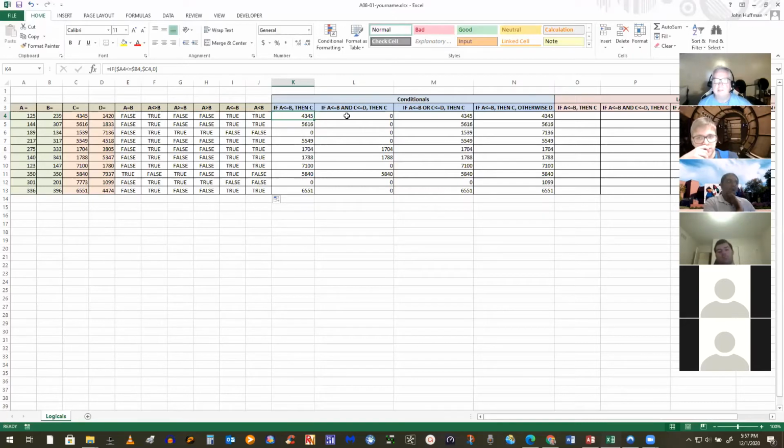Now here's one where A is less than or equal to B and C is less than or equal to D, then C. So here I build a conjunction, it's called a conjunction, where I test A less than or equal to B within the AND function, and C is less than or equal to D. If both of those are true, that would be true, the AND part of it.